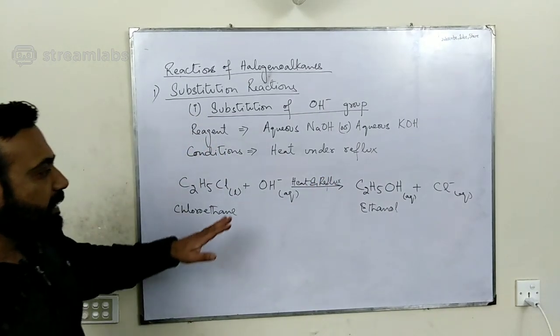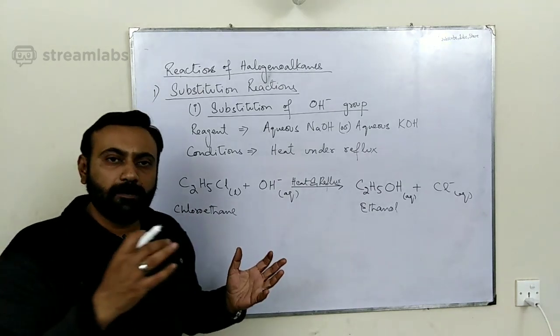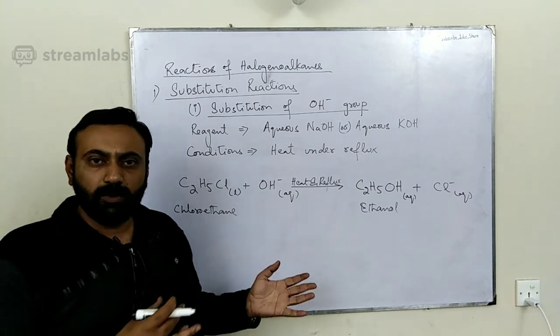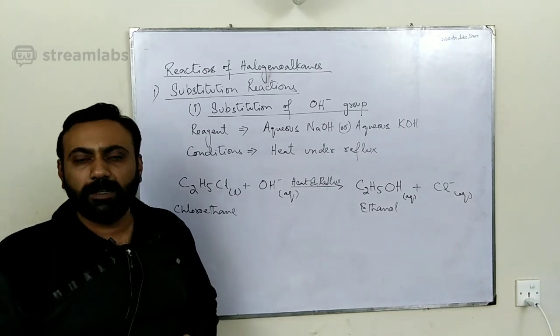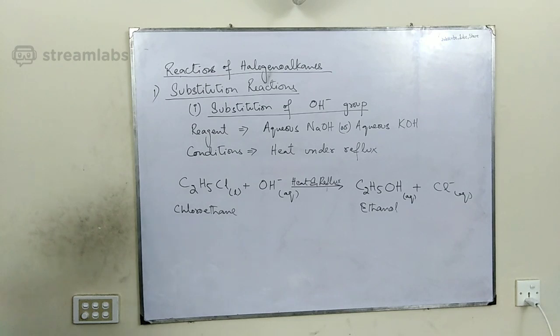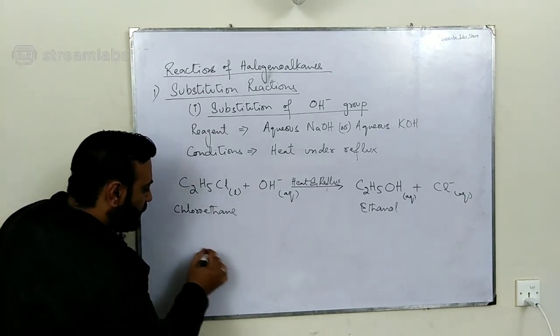This means that if, during organic conversions, we want to convert a halogenoalkane into an alcohol, this is the right reaction to carry out. Heat it under reflux with aqueous sodium hydroxide or aqueous potassium hydroxide. That will do the job. I'll give you another example right here. If we are talking about this compound,